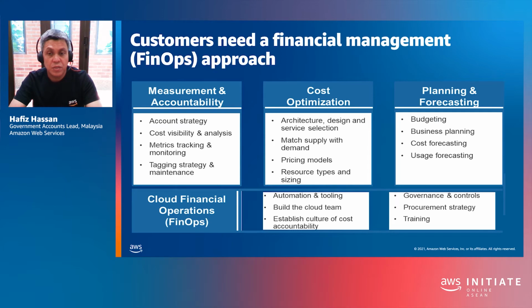So these accounts can belong to individual departments or projects, depending on how you want to track your AWS usage. If you want to track and monitor AWS usage or cost by department, then you create an AWS account for that particular department. If you want to track your AWS usage and cost by project, then you create an account